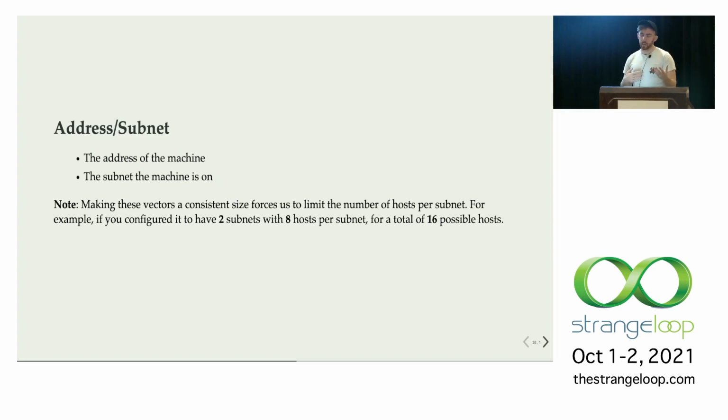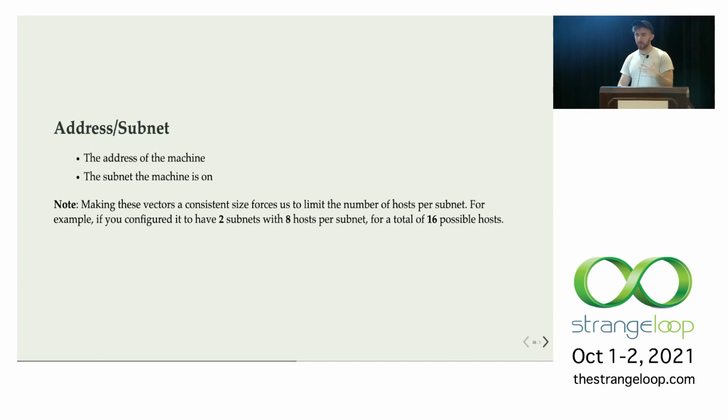A limitation to call out here is that every time you pass your environment to your agent, your agent looks at a vector, or a matrix rather, representing your environment, and it has to be the same size. So when I start training an agent, I have to make the decision how many subnets and how many hosts per subnet we are going to build for. You're going to get a matrix of rows. Each of these is going to be a host, and I have to decide how many hosts ahead of time because I can't make that matrix bigger later.